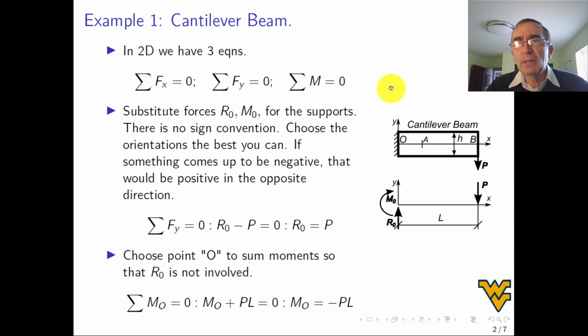All right, so the example that we're going to use today is that of a cantilever beam. So here's the cantilever beam, drawn with a thickness to give it a more realistic view. Although for the model we only need to model the neutral axis of the beam, like I did down here.